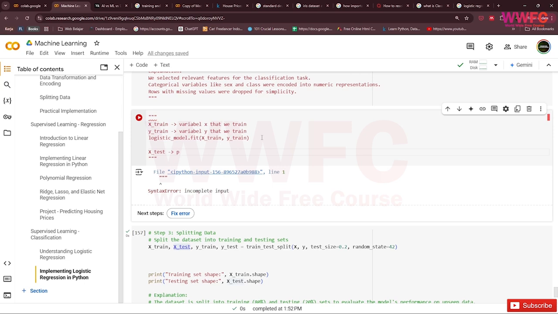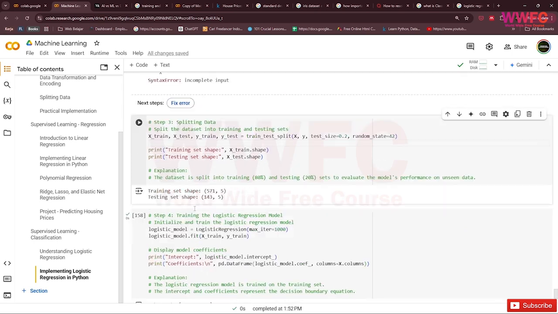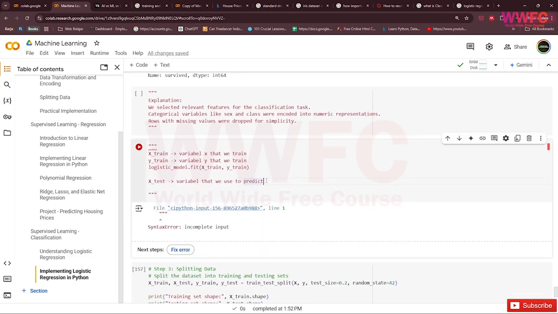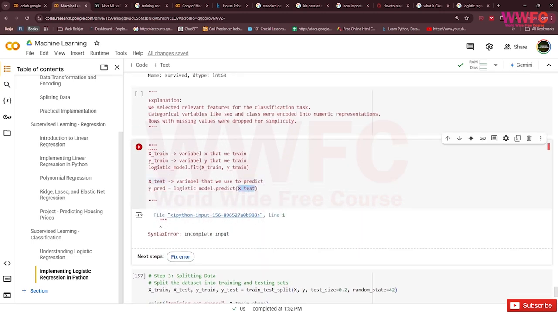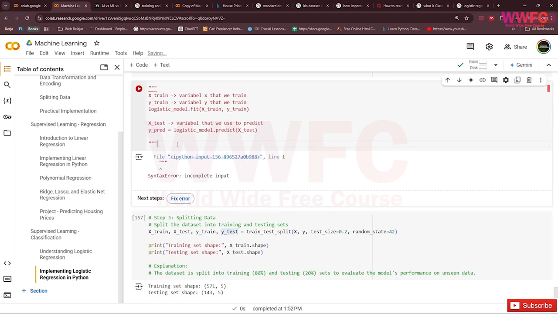the variable that we use to predict. It is used here. So X test is used here, and it generates a y prediction. And then the last one is y test.